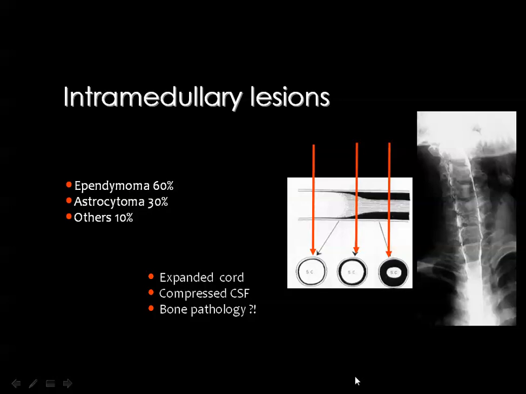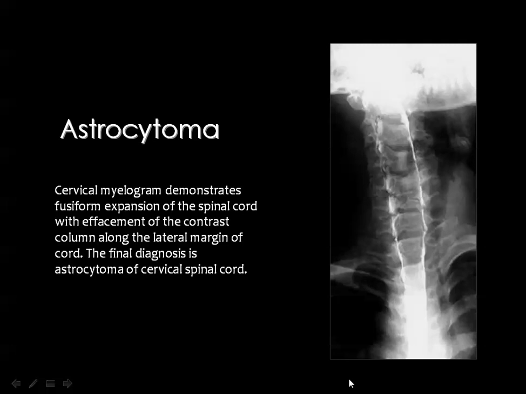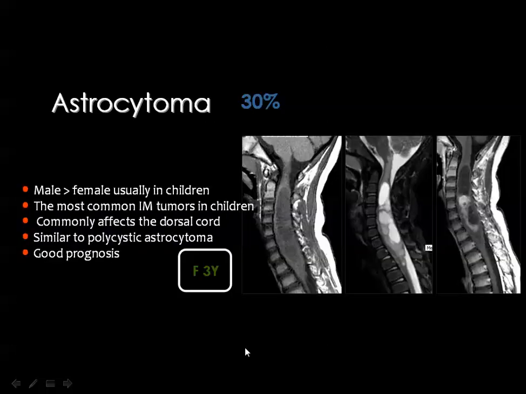Then, this is the myelographic image, which was commonly used before the era of MRI, and here you can see that the contrast column is markedly attenuated all around the cord, which is grossly expanded all over the cervical region, indicating the presence of an intramedullary pathology, but we are not sure about this pathology. Then we have the astrocytoma, which is considered the most common intramedullary tumor in the pediatric age group, and